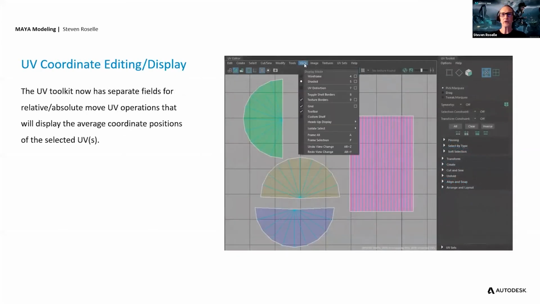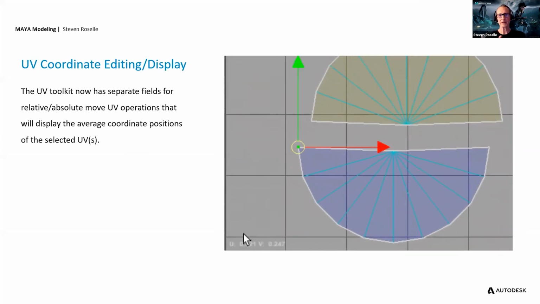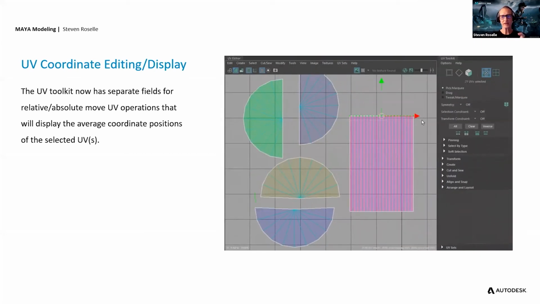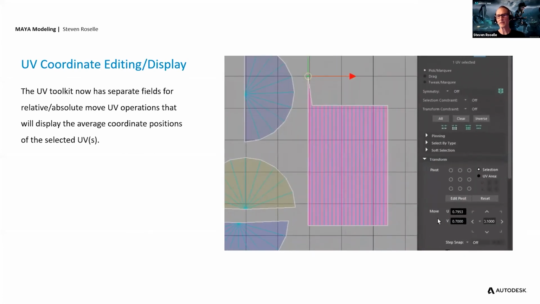On the UV front, we've also made a few incremental improvements to the UV editor. A common request was, hey, we need feedback on the UV coordinates and to be able to track those easily. So we added a UV heads-up display so you can see the UV values. And from an editing standpoint, when we introduced the UV toolkit, we lost the ability to directly edit the UV values. We've added that back in, so now you can go back in and select one UV